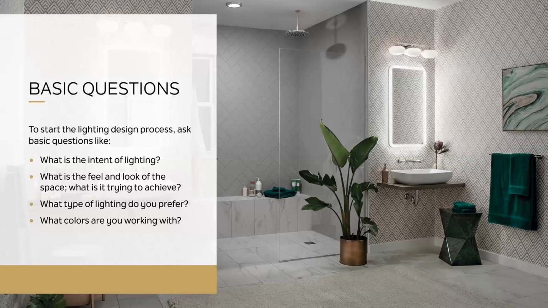The other thing you want to know is how do they plan to live in a particular space? So if they have children, where do the children do their homework? If they have a hobby, is it reading? Is it knitting? And if so, where do they do that so that you can put some task lighting? Are they working from their office space? If so, you're going to want to do some task lighting there or a table lamp to accent that area for tasks. So those are just some of the questions you may want to consider when working with your